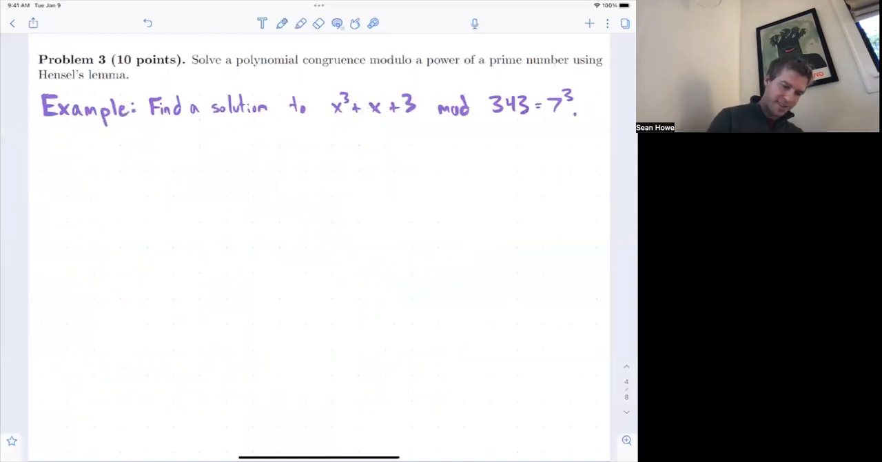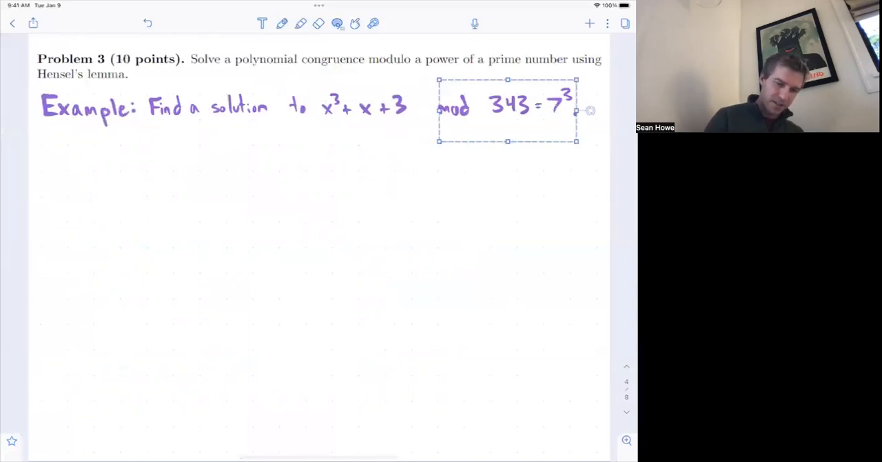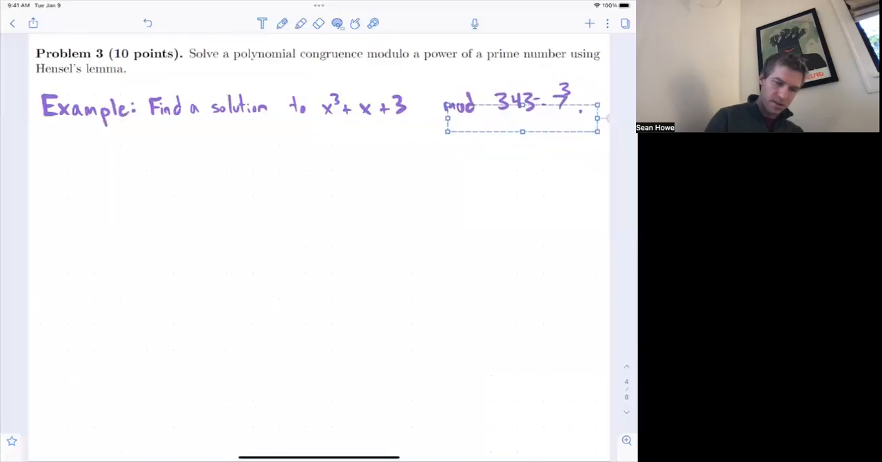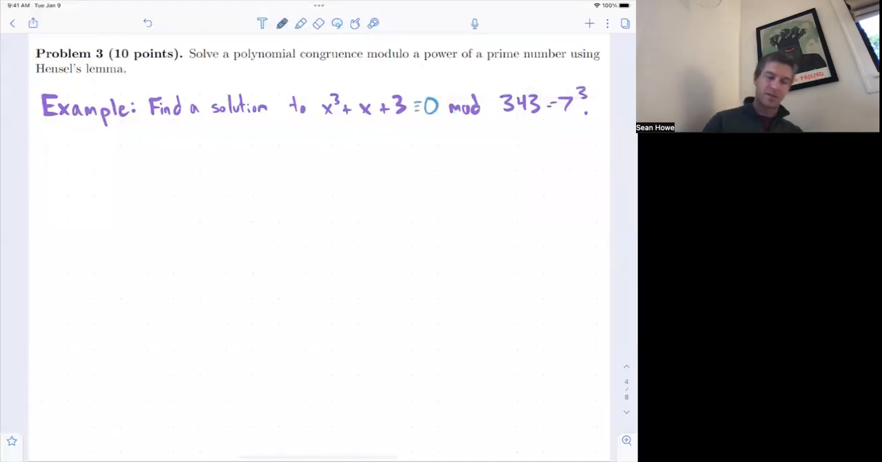Sorry, I sort of forgot to write the right-hand side of all my equal signs here. So this is supposed to be congruent to 0 mod 343. 343 is 7 cubed. Okay, so I want to solve the polynomial congruence modulo a power of a prime number